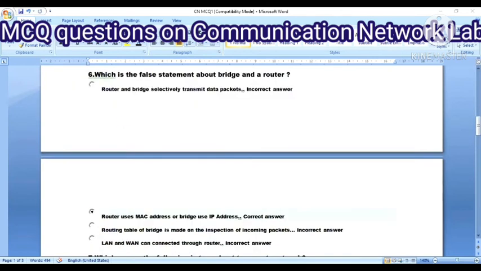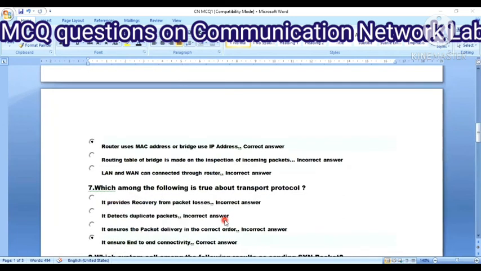So the answer is option B, because router uses MAC address or bridge uses IP address is a wrong statement. Here they are asking only for the false statement.